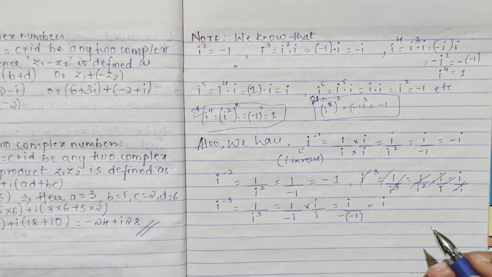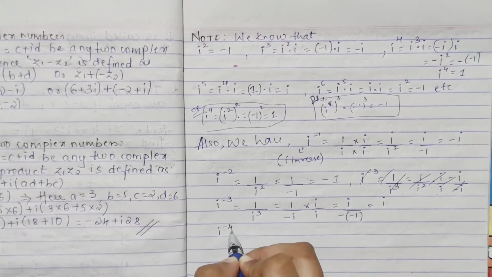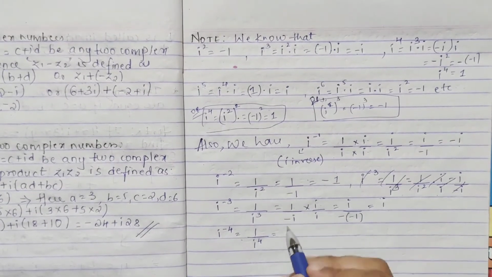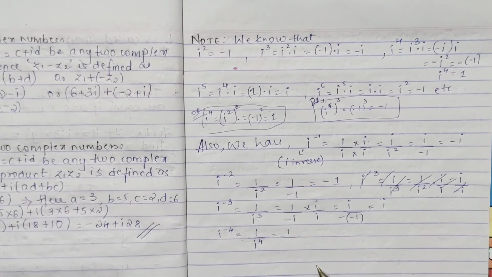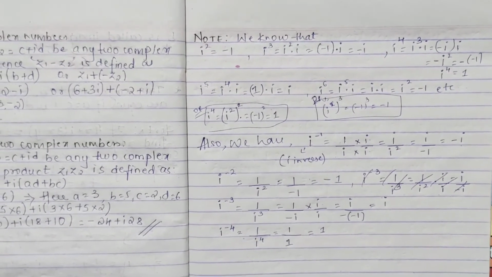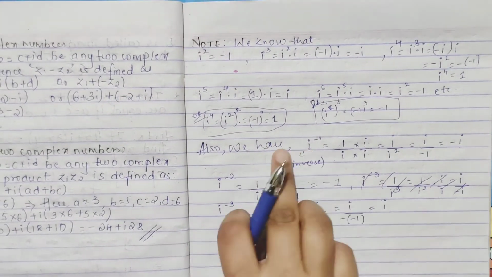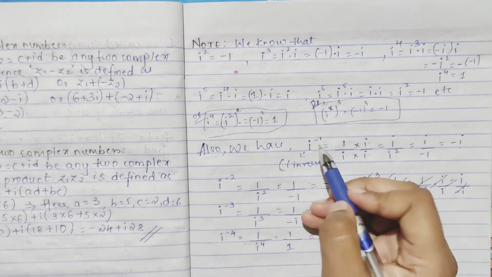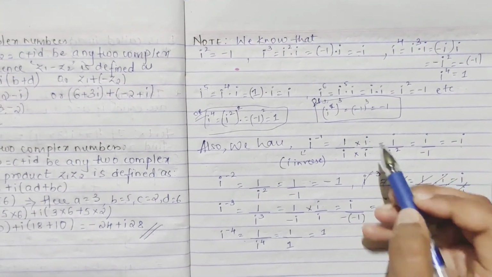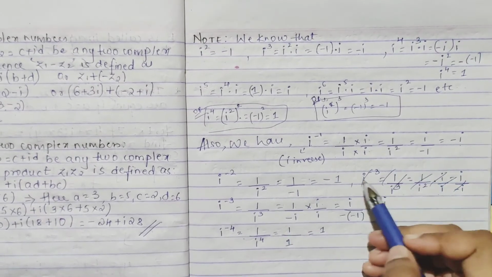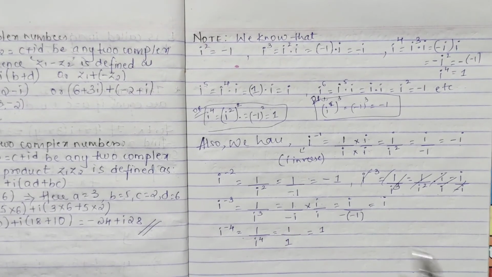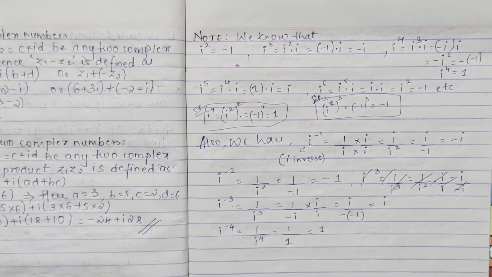So i raised to minus 3 is i. Take one more, i raised to minus 4. This is 1 by i raised to 4, and we know i raised to 4 is 1, so you get 1. You can do it like this directly. Just write the number, first convert it into a positive power, because you know i square and i cube. So i inverse, how do you write it? 1 by i is i itself, again multiplying the numerator by i for odd terms. For i square the value is minus 1, so 1 by minus 1 is minus 1. For i raised to minus 3, you write it as 1 by i cube.